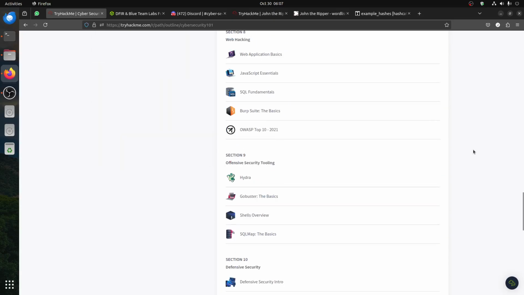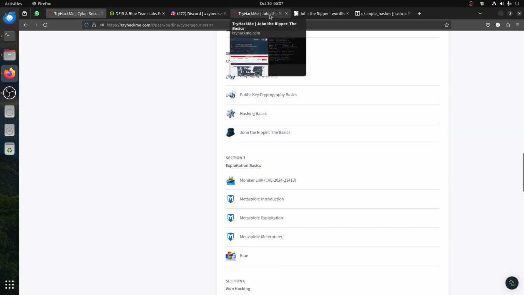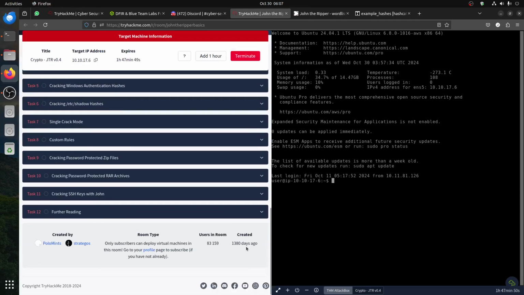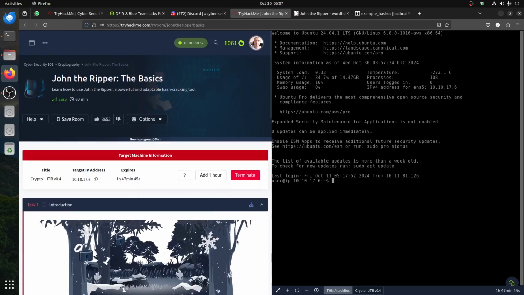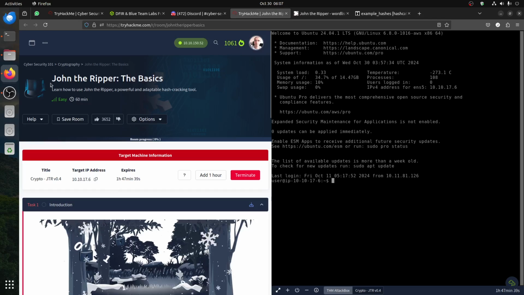I'm continuing doing rooms for this path. I thought maybe which one I was doing. I did these three and then said let me do the John the Ripper. It's an old room, about a year old, but I said let me do it and add it to the list in case someone needs help. Of course, let's be clear on the setup. John the Ripper, remember we did another room,